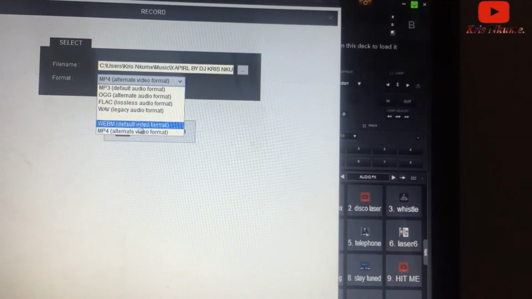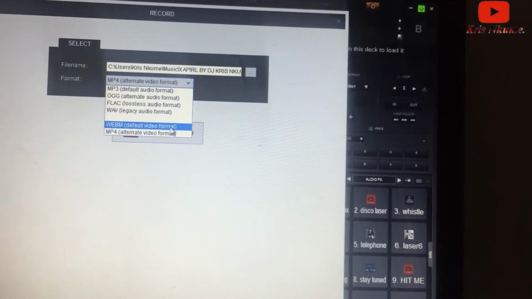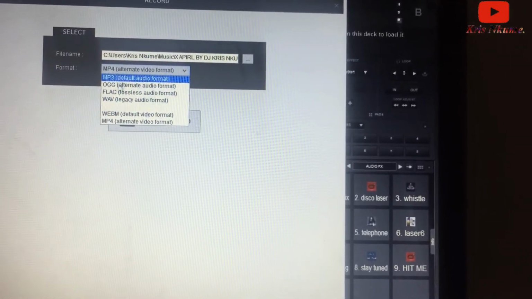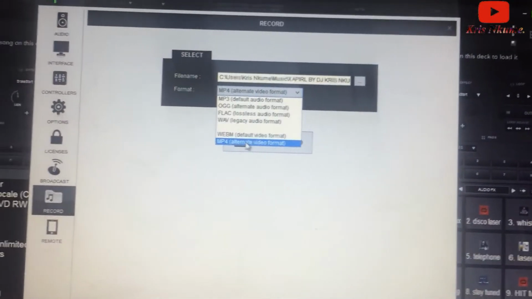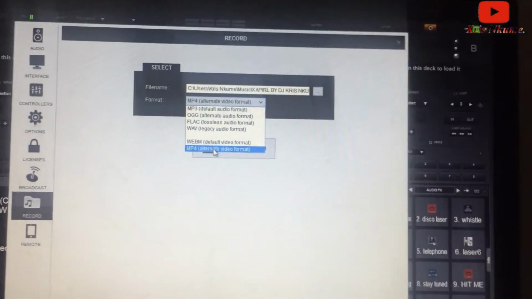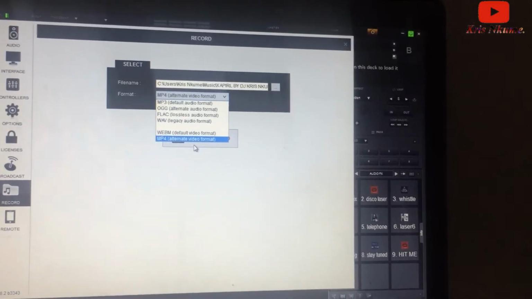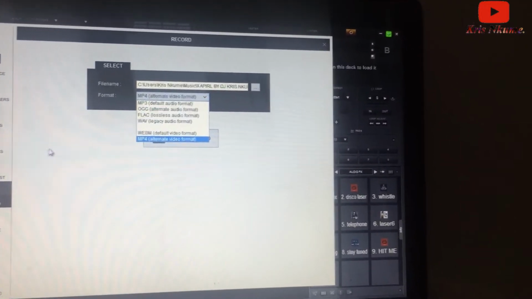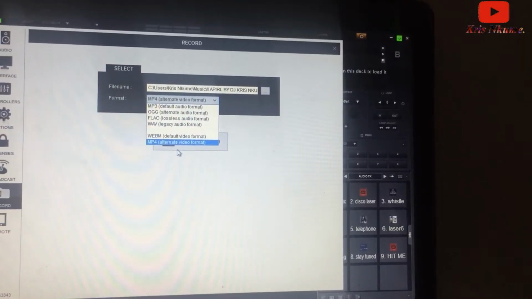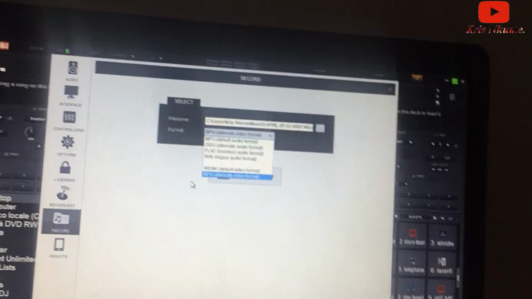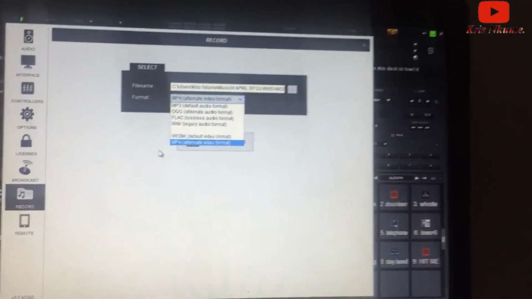This one is WebM, a video format, but the most useful ones here are MP4 and MP3, because MP4 is your normal video. If you want to do video mixing, a video tape, that's why you see some DJs doing video mixing. You'll be wondering what software they are using. My dear, I said I'm here to reveal some secrets behind DJing, so trust me, I will not deceive you. This is what they use, this MP4. Then in the settings I told you about, they will put some logos there, and that mix is done. And that transmission I showed you when I was explaining the interface. So that's how it rolls.